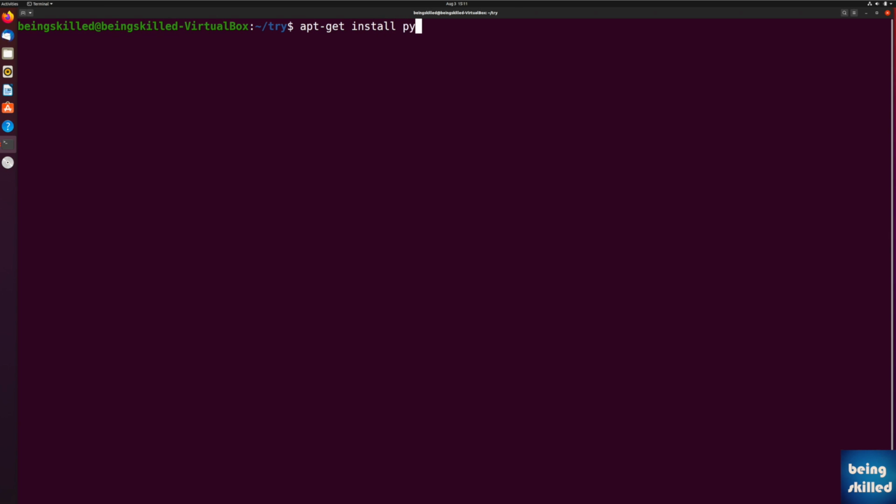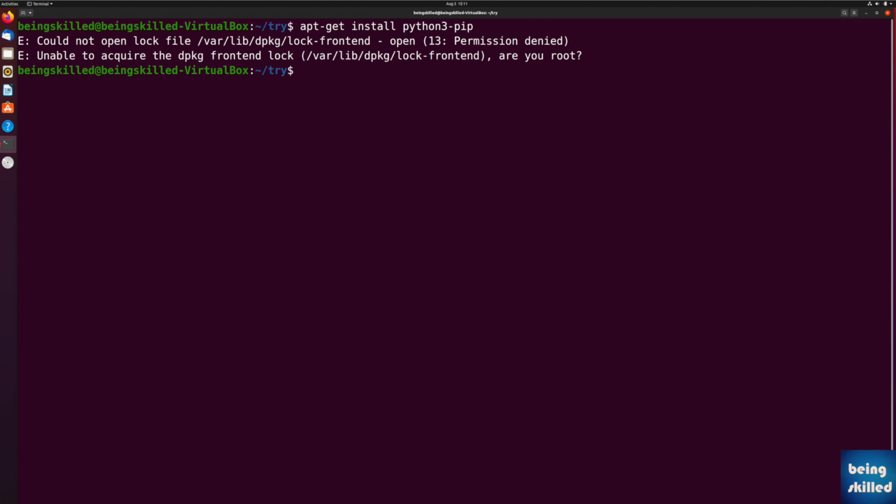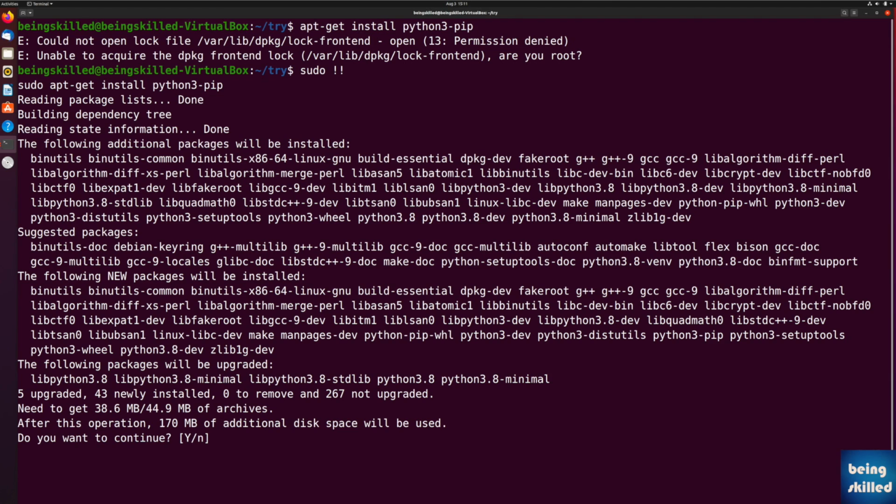In this case the package name for us is python3-pip, and if you type that it will ask for the root credentials. So just type sudo !!, and then it will show you the list of packages which it is going